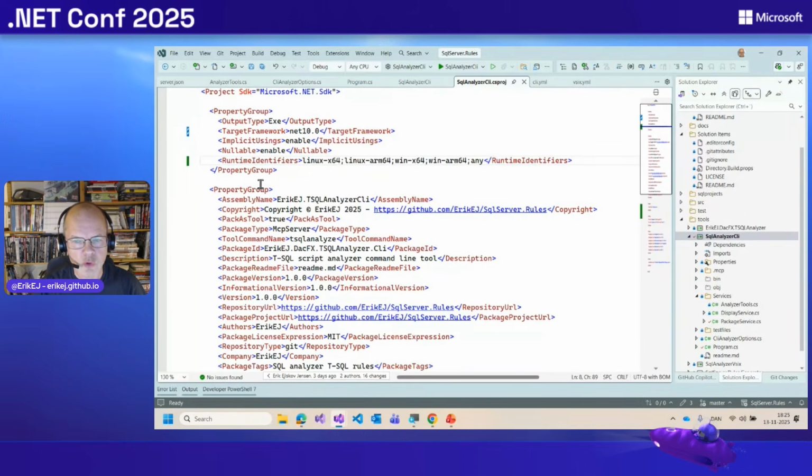But that's also an option. So the goal is to make your download size as small as possible, and then make your app launch as quickly as possible to get the best experience for the end user when they're using your tool as an MCP server.